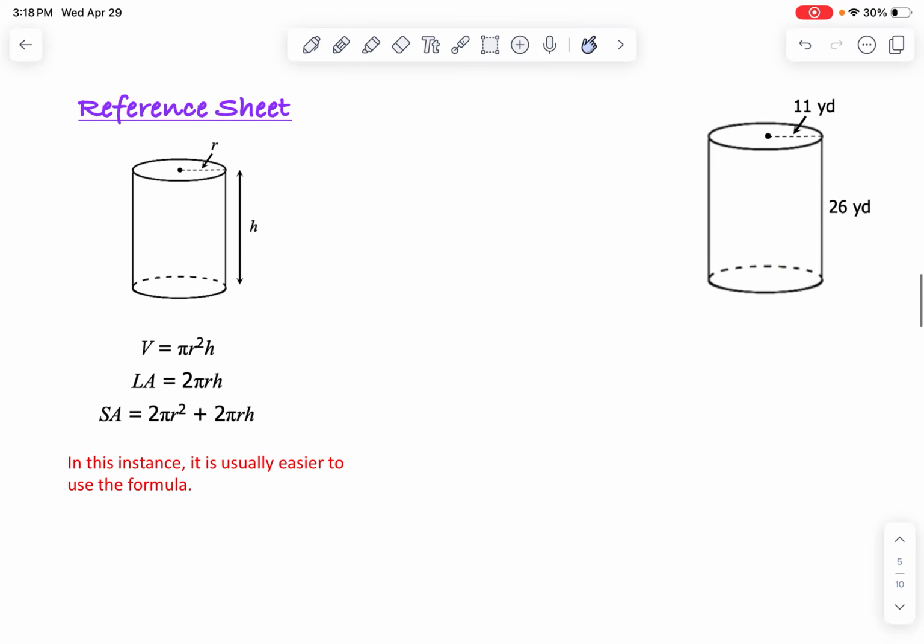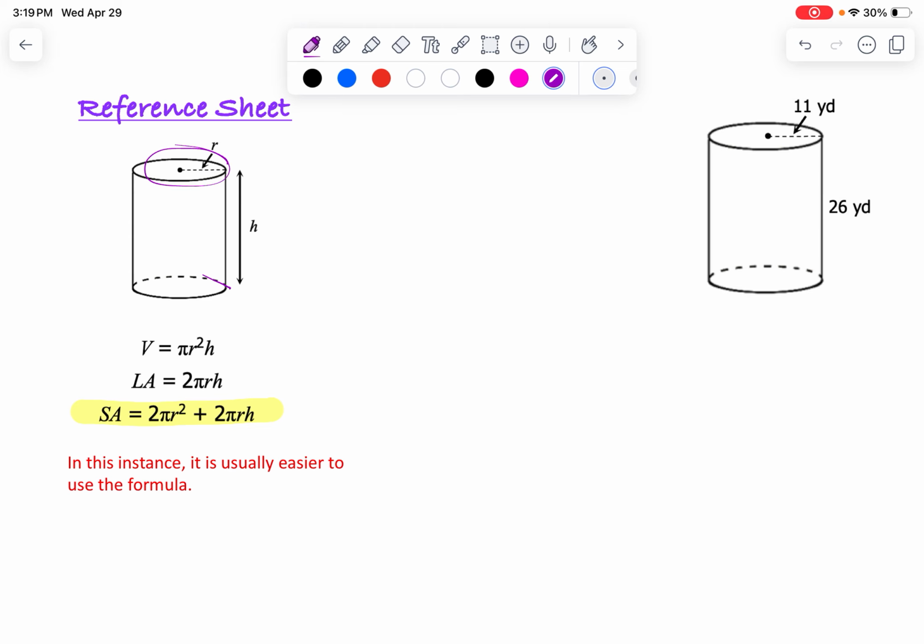Okay, so on your reference sheet, you'll see this, and for surface area, this is the formula. And a lot of times that might be a little bit easier to use. Why is that the formula? Well, if you remember,